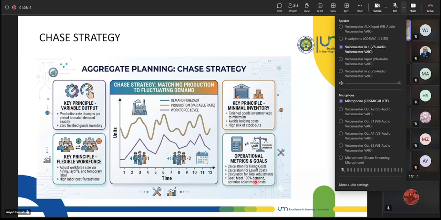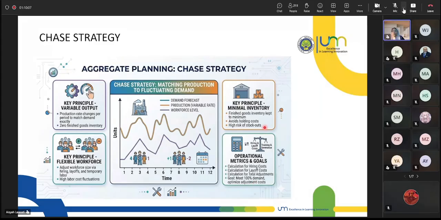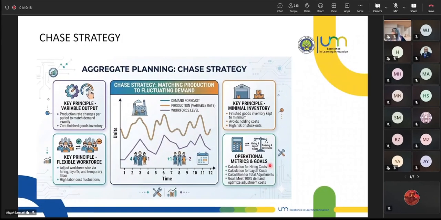In theory, we can easily hire and fire labor, but in actual operation, it's kind of hard to do that. And then for the operation, we have the hiring cost, layoff cost, and also